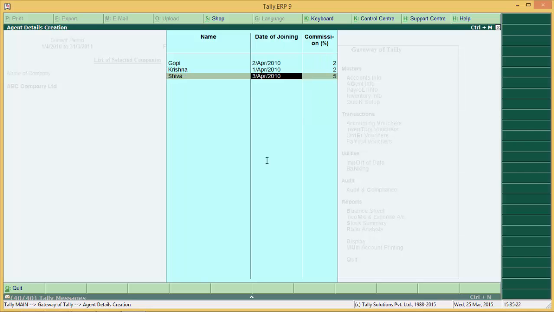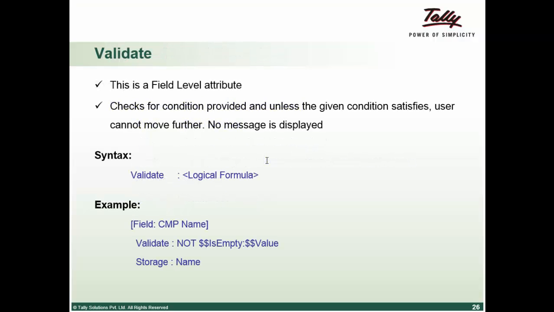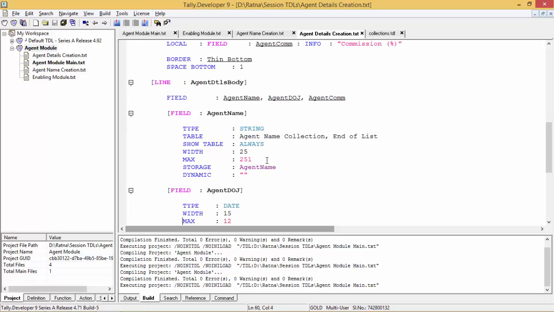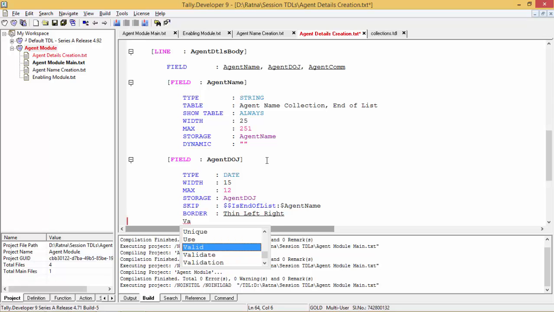Now you give Gopal and the date of joining is empty. Shouldn't it be an error that the date of joining isn't mentioned there? So this is where validate comes into the picture: until and unless the given condition is satisfied, that the field value should not be empty, it will not allow you to move further. So where we have the date of joining field, there we will say validate. Validate what? That the current field value is not empty. So not